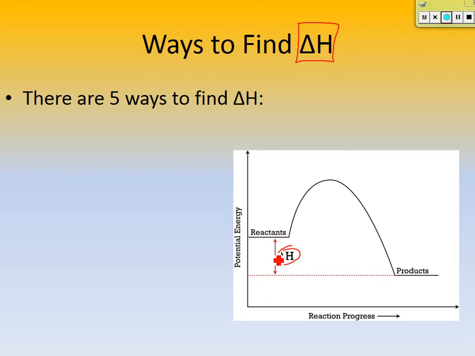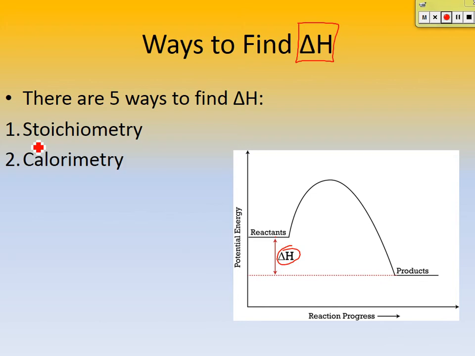The first way is stoichiometry. Okay? That's what today's lesson is going to be about. So we're going to use stoichiometry to find delta H. But let's go through the other ways to find it. So number 2, in the next lesson, we'll talk about how to find delta H with calorimetry. So a little technique we can find delta H with calorimetry. Number 3 is